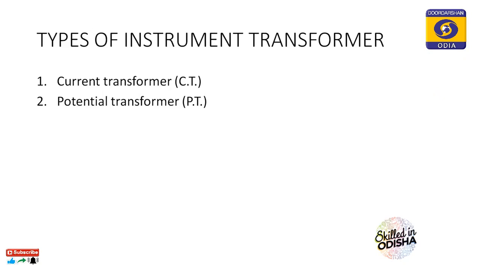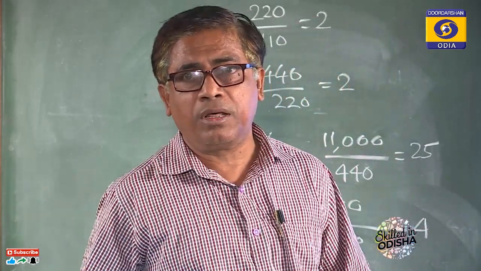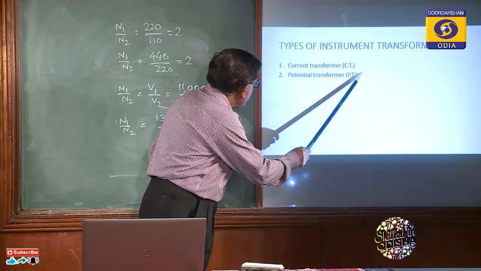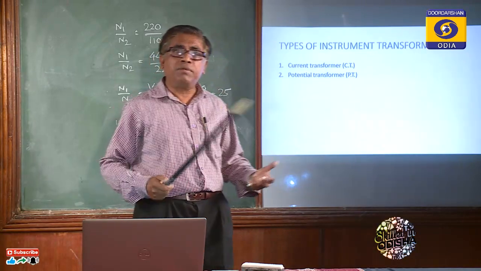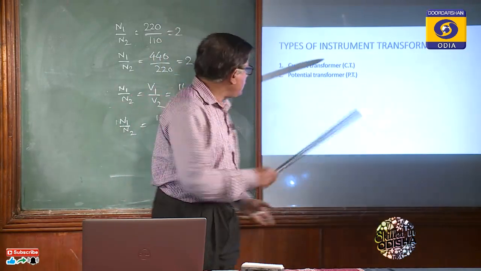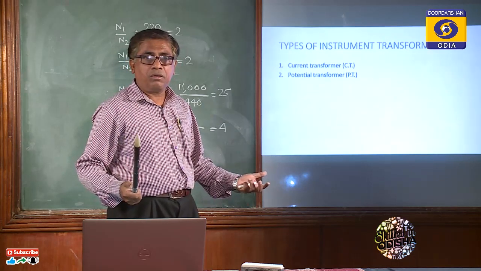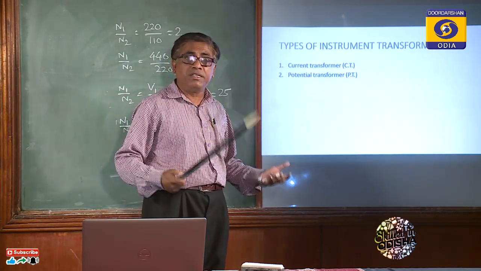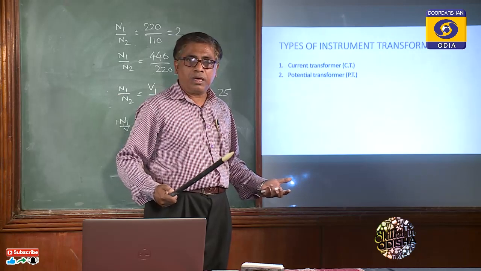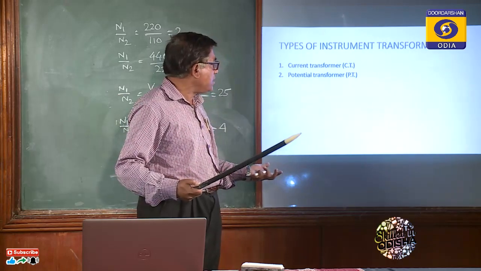Now the question arises. You may ask me, sir, why are you giving the name current transformer? Again, what is this? Now this is a potential transformer. You can call it a step-down transformer. So this is a step-up transformer and this is a step-down transformer. Now the question arises. You have to tell me why these are given the names current transformer, potential transformer, CT, PT. Why? Same thing, same principle. Now what is the difference?